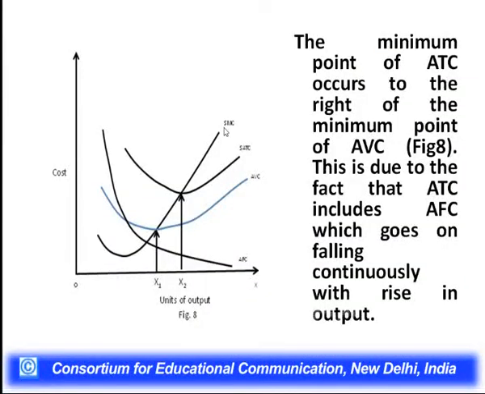So this tells us, and we have seen that marginal cost is the addition made to the total cost by increasing the output by one more unit. And for finding out the equilibrium, the firm has to see that marginal cost becomes equal to the marginal revenue. Only that point will be the equilibrium point, and after that point marginal cost must rise above the marginal revenue. Thank you, students.